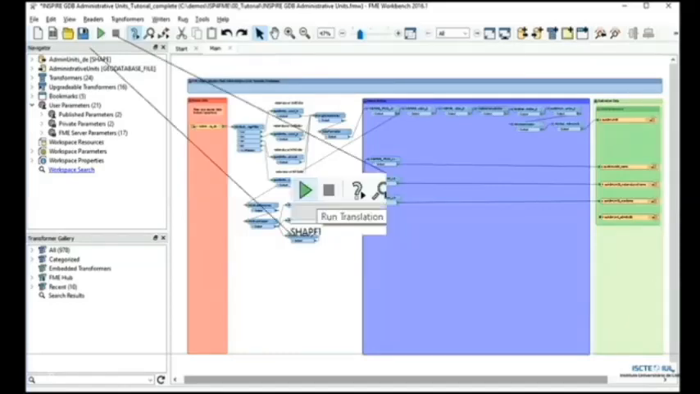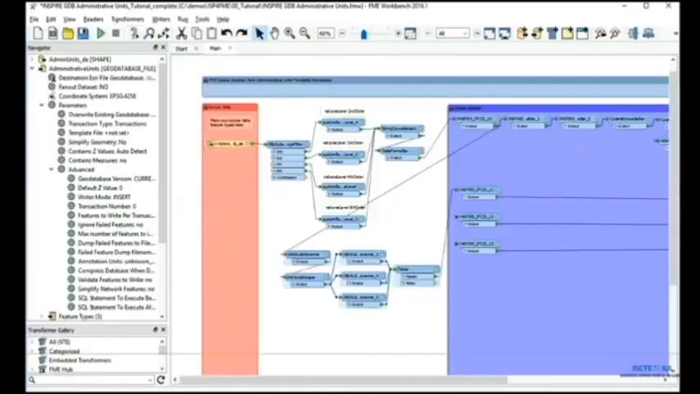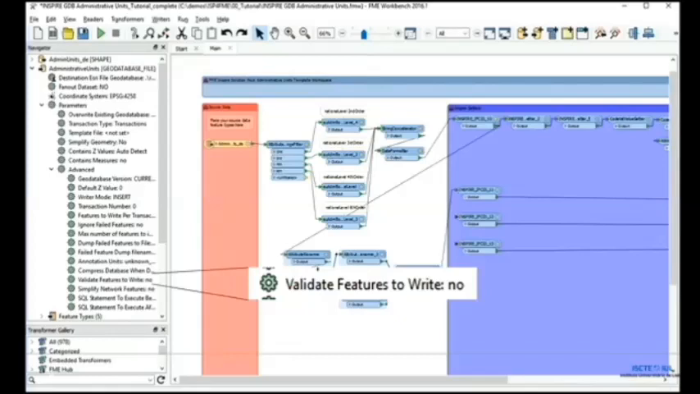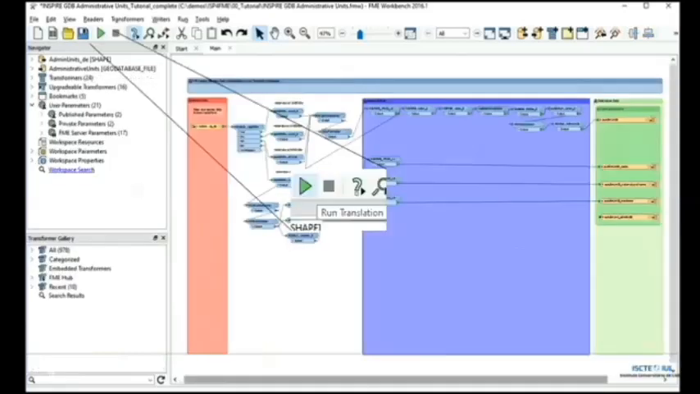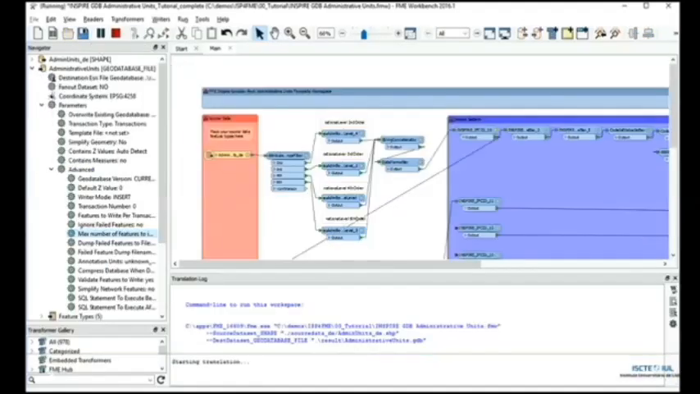Y en este momento era el momento de decirle, vale, pues yo tengo un proceso, voy a ejecutar el proceso. Antes de ejecutar el proceso, es conveniente activar la opción de validar los elementos, ¿vale? Tengo aquí, en los parámetros del writer, una opción que es Validate Features to Write, le pongo que los valide, y de esta manera, al ejecutarlo, empieza a aparecer cosas aquí en el log,